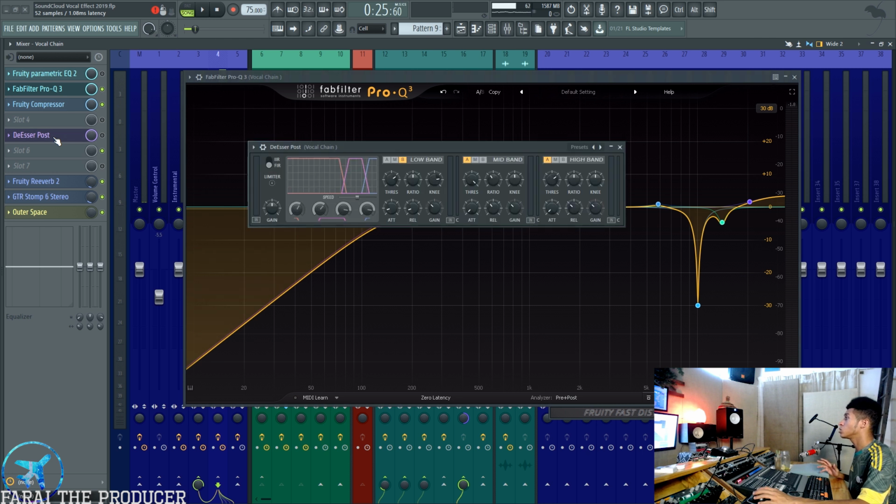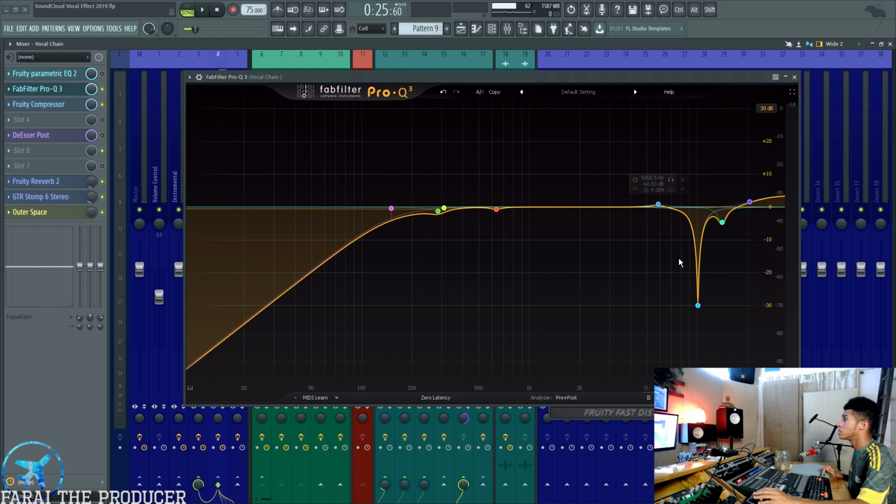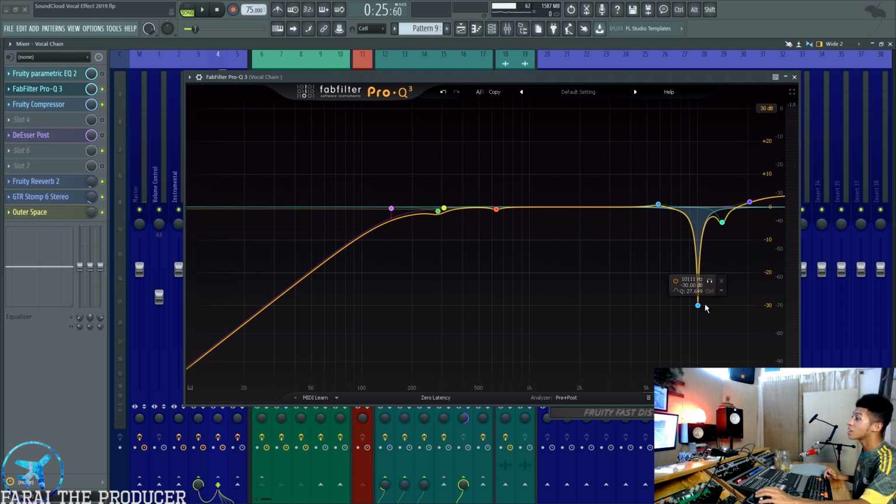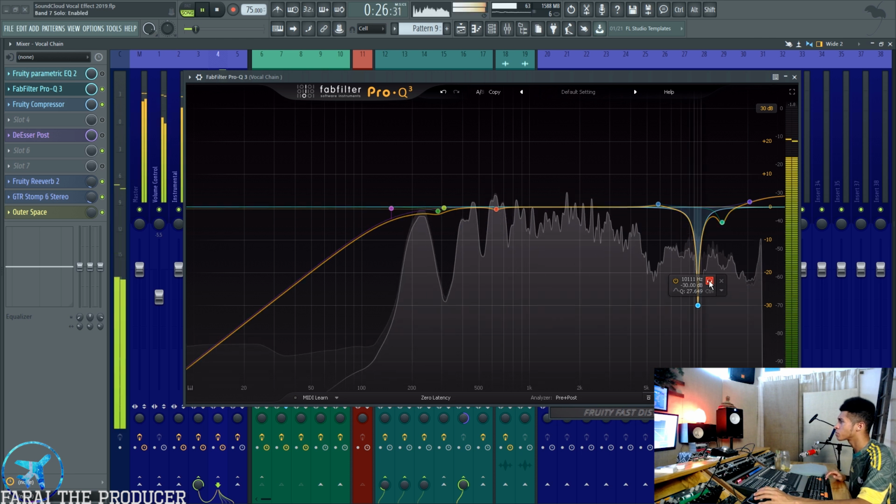What I do right here, you can use this setting if so, but essentially all I do is just find the frequency that really hurts your ear, which is right here around 10k for my voice, and then I just notched it down a little bit. Now this can sound really unnatural, but if you find that right frequency, it'll sound a bit more natural, a bit more open, because your ear is not being hurt by this frequency. So if you want to hear that frequency, tell 'em that